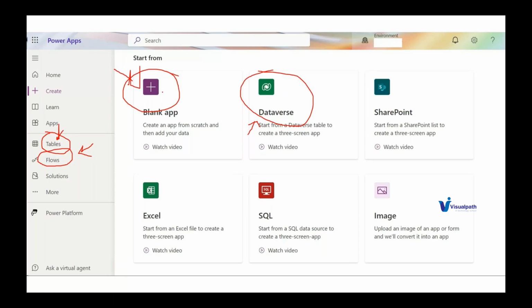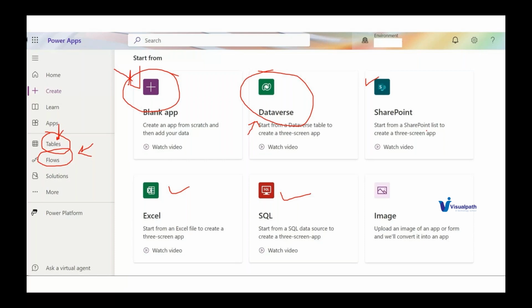When I say model, it is more data driven. Canvas app is where more emphasis is given on the design, look and feel, and ease of use for your target audience, right? These are the two ways in which you can create a Power App, and these are different components. Why are they showing SharePoint here? You may be getting confused. Why are they showing Excel? Why are they showing SQL? Right? These are different components that you can use in your Power App development.